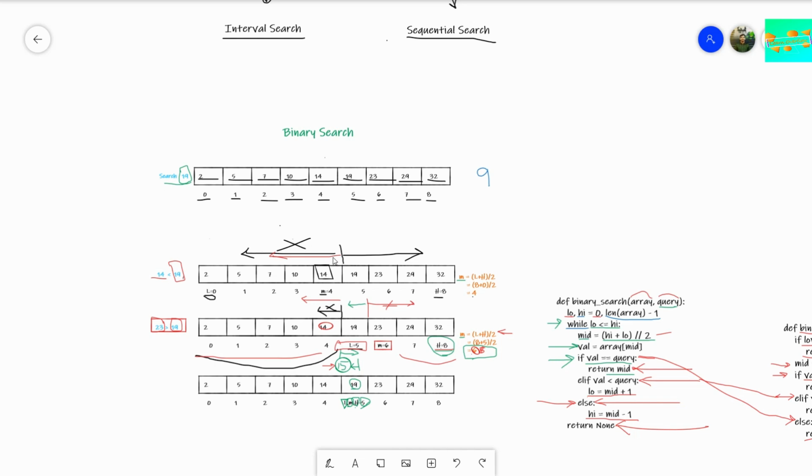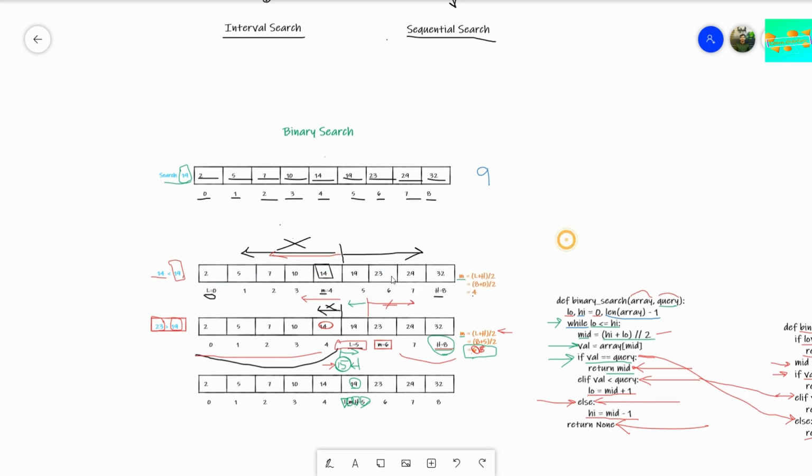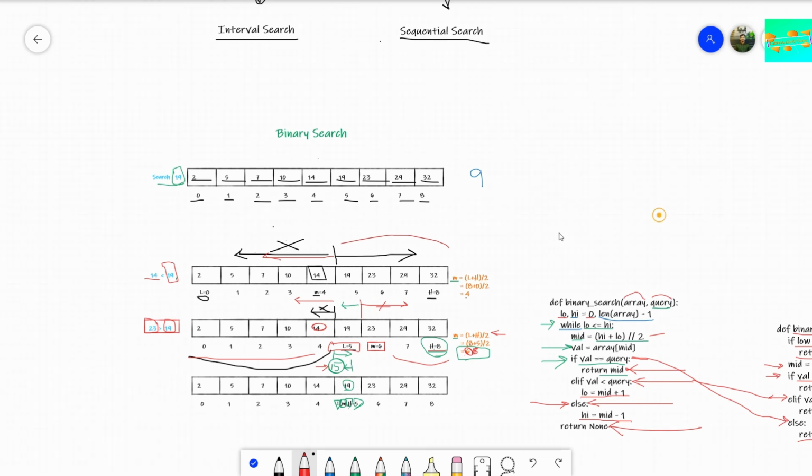what we are doing here is just dividing the array, right? In the first iteration we had total n elements, in this case 9 elements to look for. In the next iteration our array length became only 4, right? In the third iteration our array length became only 1. Look, we were just dividing our array, that is, the total length becomes half. How does it become half? Because we are just finding out the mid element, right? So this way the total length becomes half.